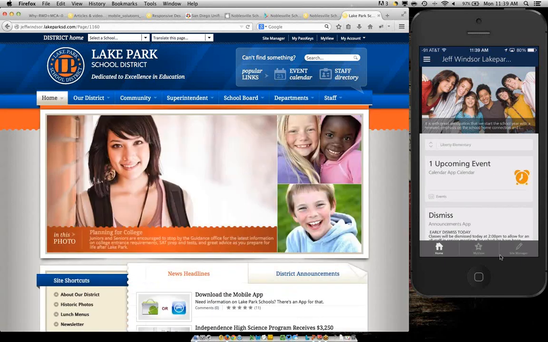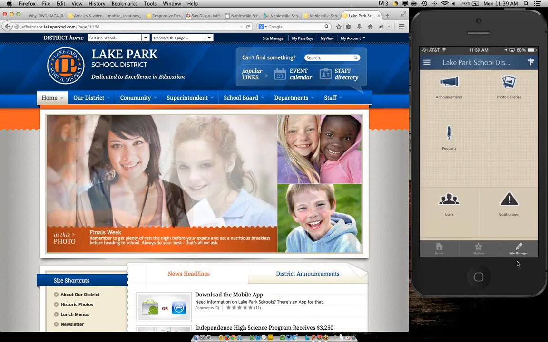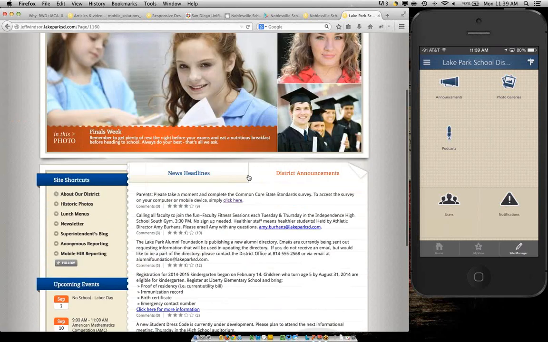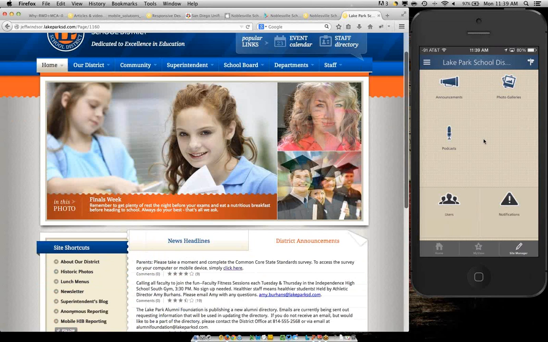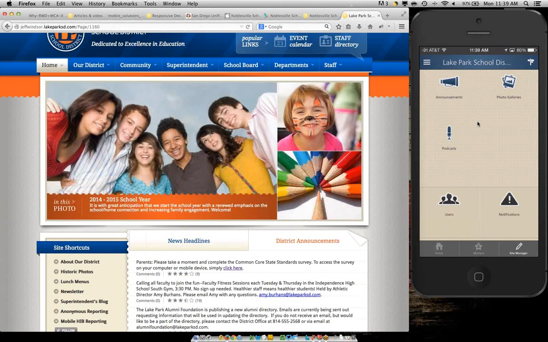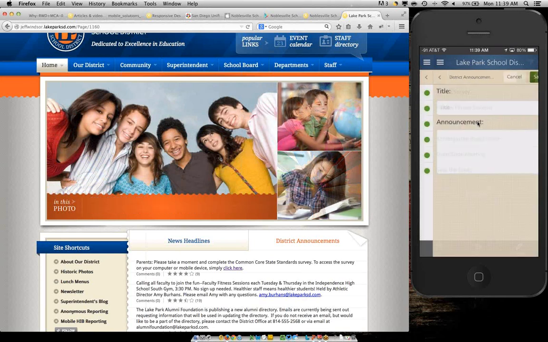So you'll notice here at the bottom we have that ability to tap into Site Manager because I've logged in as someone who has that right to do that. So as I tap into Site Manager, I have the ability, because I have those rights given to me based on my login, to add an announcement to my website by simply doing that here from the device. So if I select into the Announcements app, we'll add a quick announcement here that says something like,